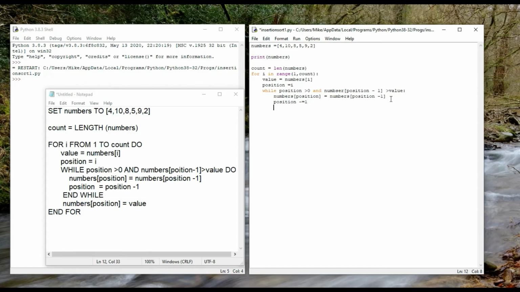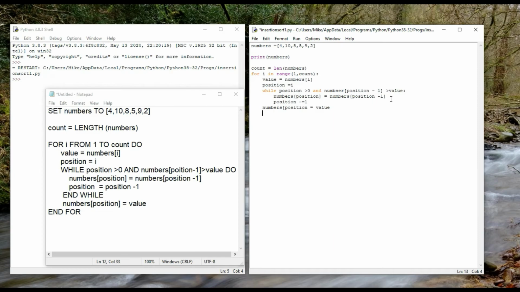Okay, I need to bring that out that way. Then I need to go back and get this in line, so that numbers[position] equals value,